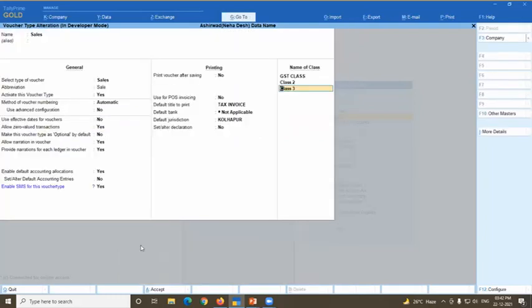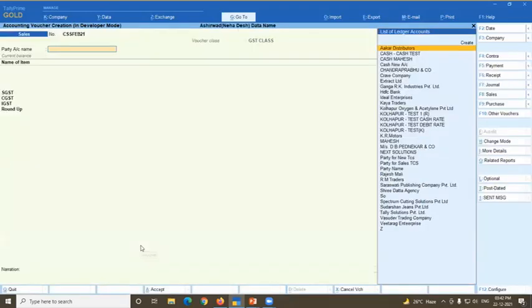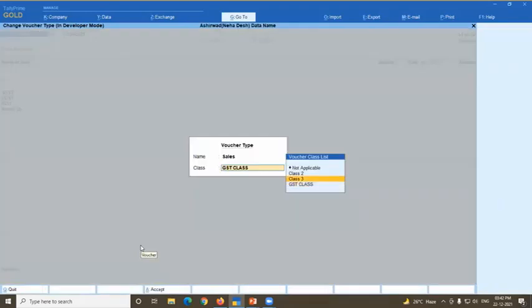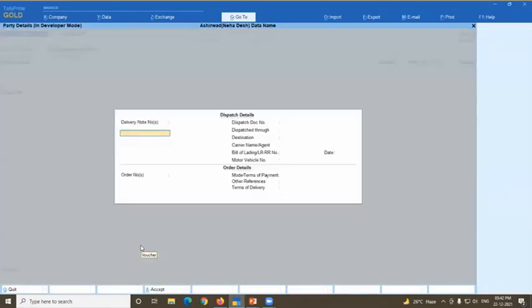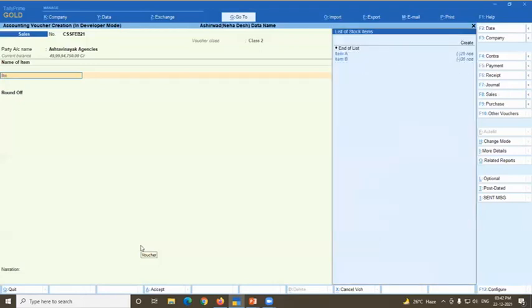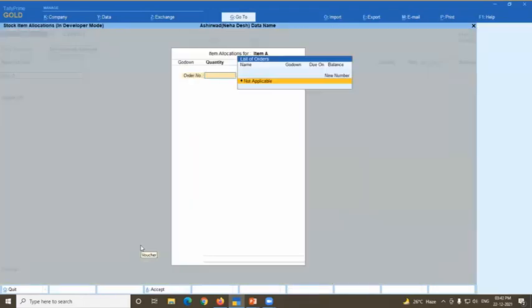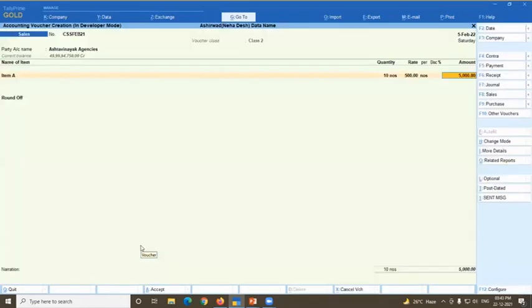See here what happens. Class 2. Voucher, F8, class 2. I am selecting any party. Then I put item A, any godown. Suppose I am going to sell 10 quantity at the rate of 500, so 5,000 will be the total sales.